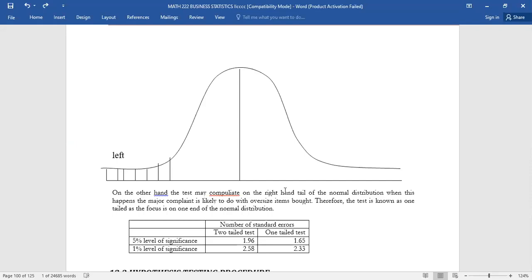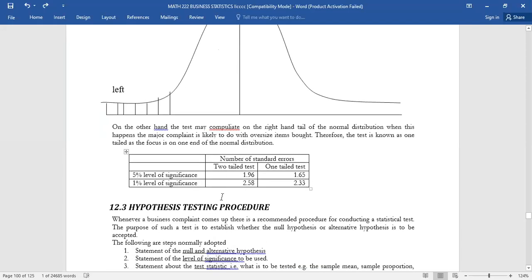Therefore, this test will be one-tailed. They are complaining because it is oversized, not because it is fitting them or overfitting them. It is because it is oversized, over and above the acceptable limit. Are we there? So this is how we interpret our error, and I've just summarized this information from